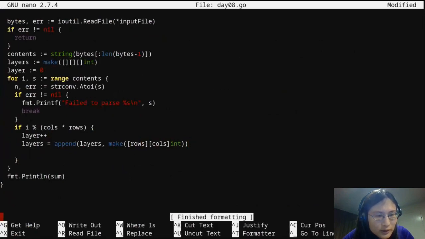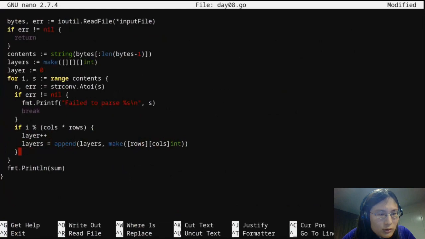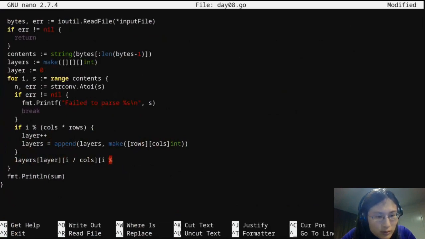Think that'll work. Layers, layer. I think that should do the trick.